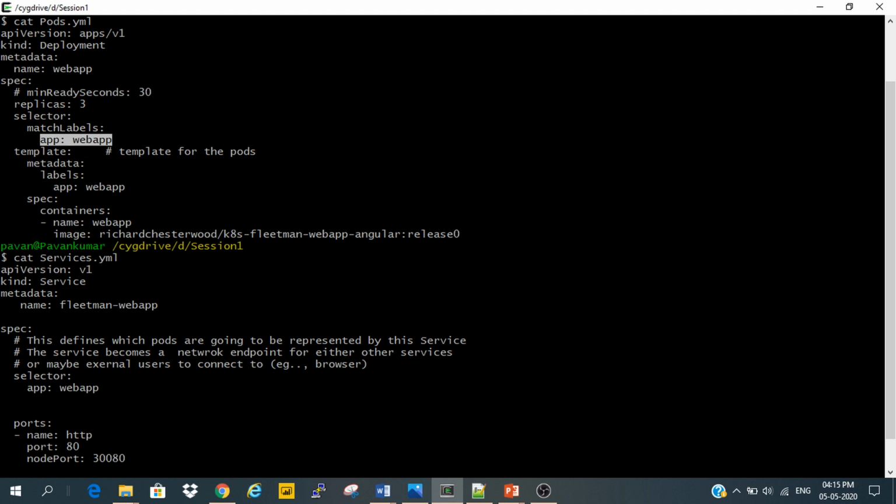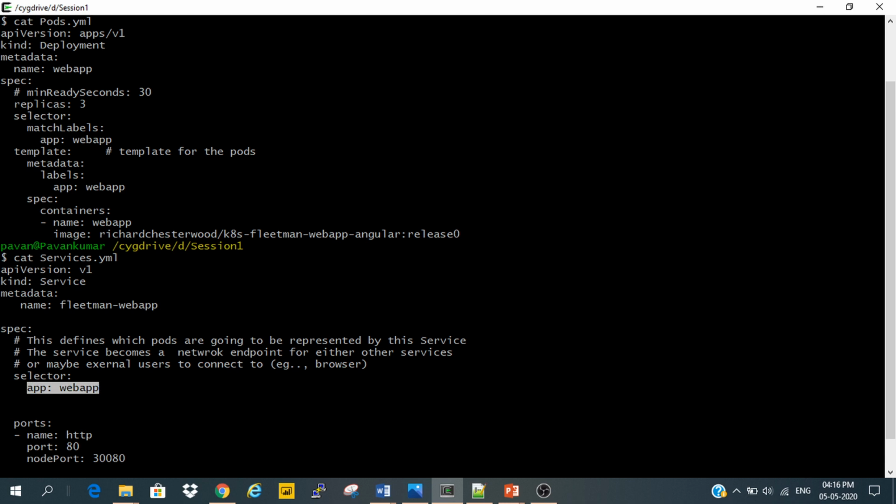That means we are accessing this service through this port. When we access this IP with this port from the browser, it identifies this selector and looks for the corresponding label on the pods.